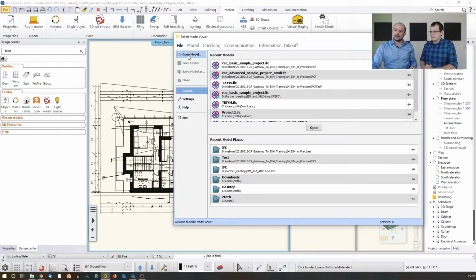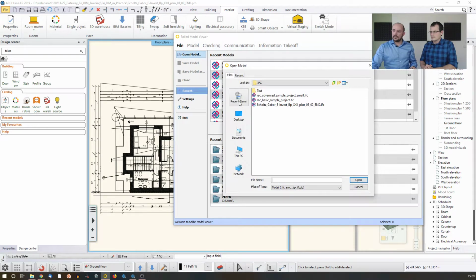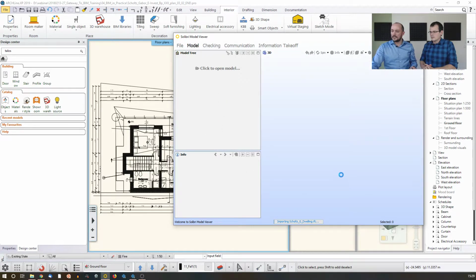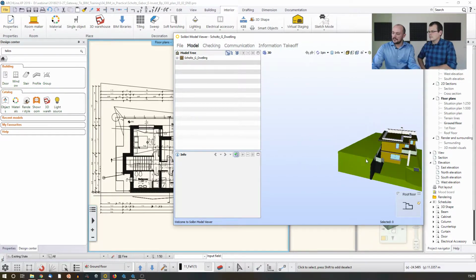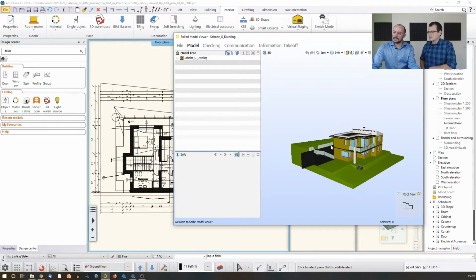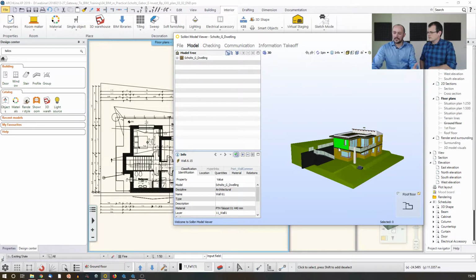So I'm just clicking on Open Model, and I will open up the desktop, and I created this subfolder, and there's this IFC file. I click on that one, and then it opens up the model. So I'm using this for double checking before I pass it on, and what I will see here is the model itself, but now whoever will digest this data using the BIM software,